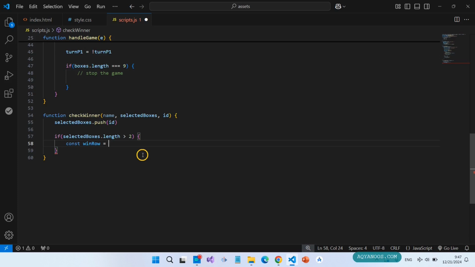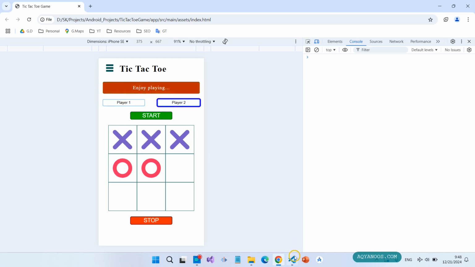So we already know which boxes must be selected to win. So we store this in an array. So the first one is 101. So I store the IDs here. 102, 103. So if it is like this,